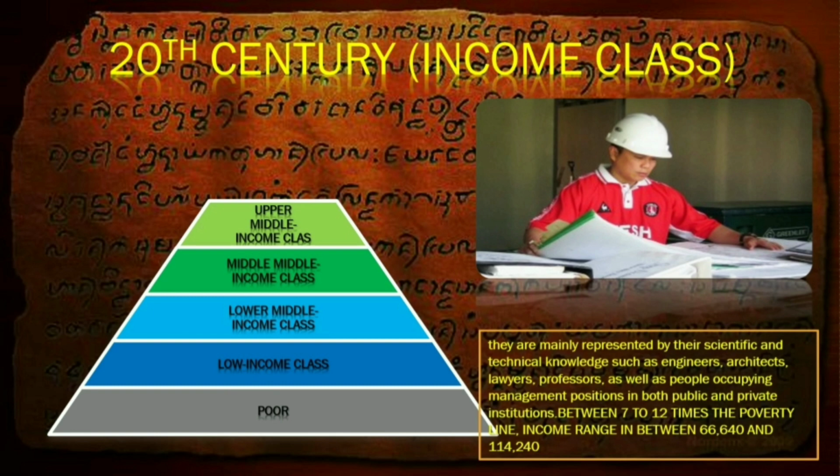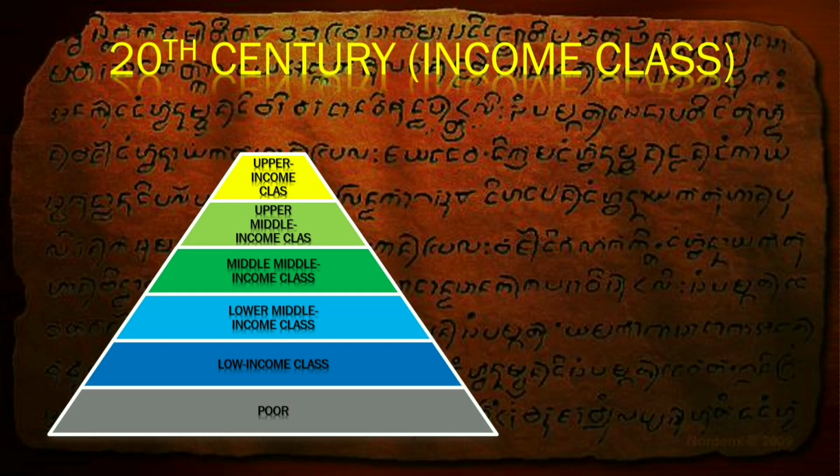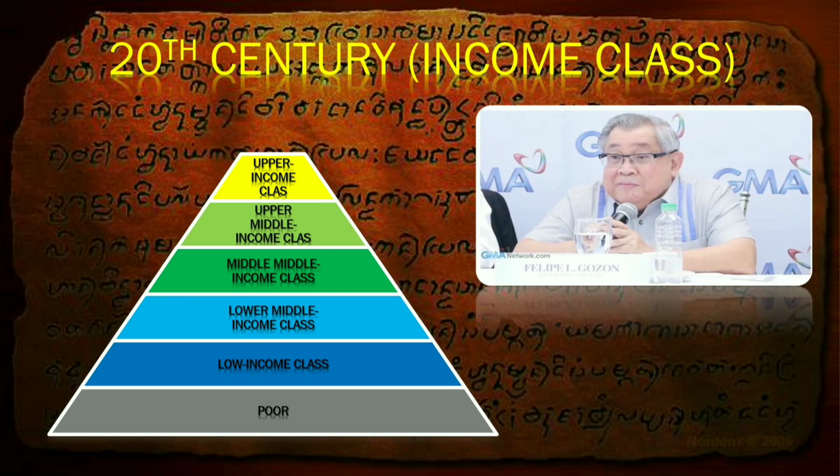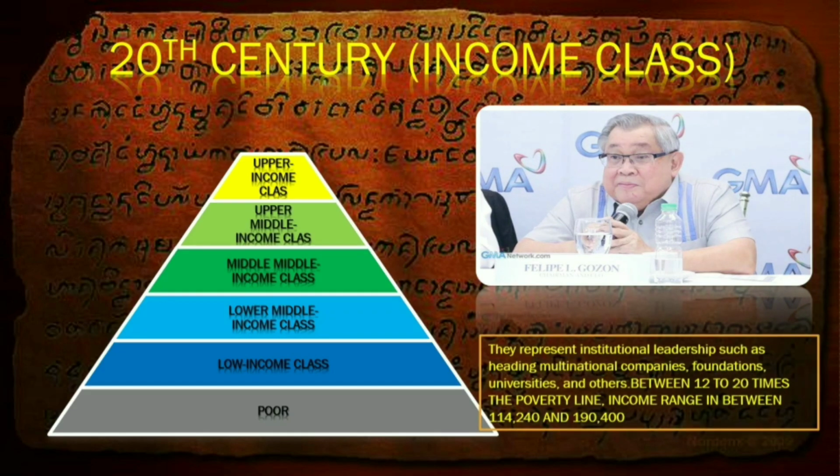Between 7 to 12 times the poverty line, income range in between 66,640 and 114,240. Upper income class but not rich. They represent institutional leadership, such as heading multinational companies, foundations, universities, and others, between 12 to 20 times the poverty line. Income range in between